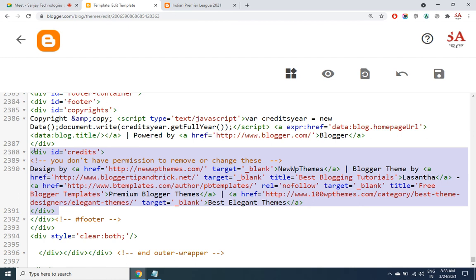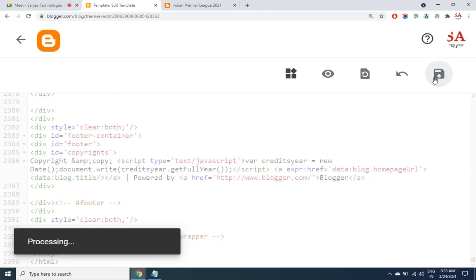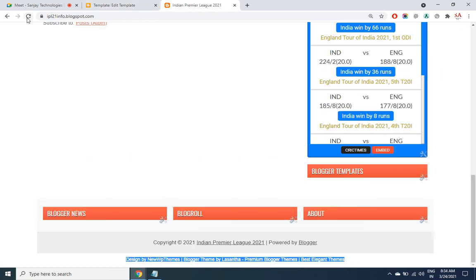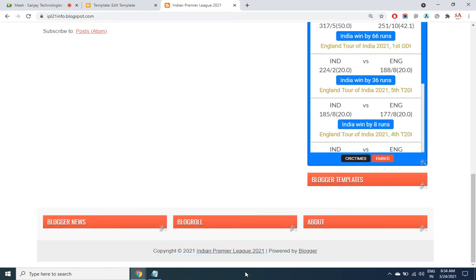By looking at this code, you get to know what section of the code has to be removed. So I press delete, save. Let me refresh and see whether this line disappears, and yes, it does. Yesterday we talked about how to remove those credits, and this is the way to do it.